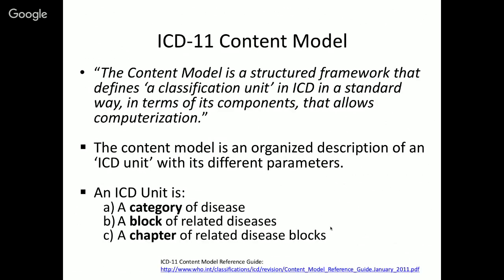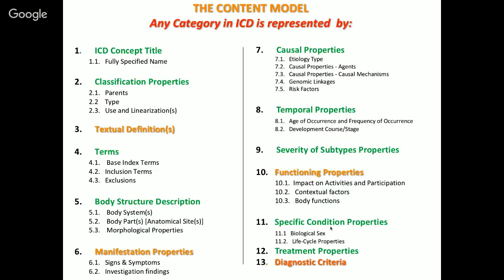As WHO describes it, the content model is a structured framework that defines a classification unit in ICD in a standard way in terms of its components that allows for computerization. What that means is that the content model describes a variety of units, which can be categories of diseases, whole blocks of related diseases that kind of fit together, and then chapters of related diseases, largely on the basis of the mode of disease, whether it's infection or cancer or whatever else, as a way of organizing the whole structure. And the content model itself includes lots of information as described in this slide, also from WHO,